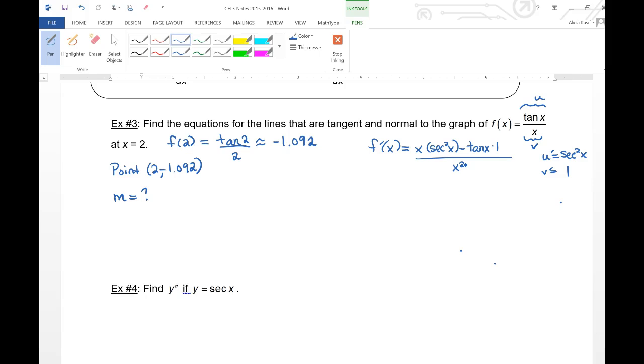Okay, so the good news is we don't have to actually go any further with this problem because what do we want? We want to find the slope when x equals 2. And this is a calculator problem. And in fact, there's nothing really that's going to simplify. It's a mess. So we just want to plug in 2. So it's going to be 2 times secant squared of 2 minus tangent of 2 all over